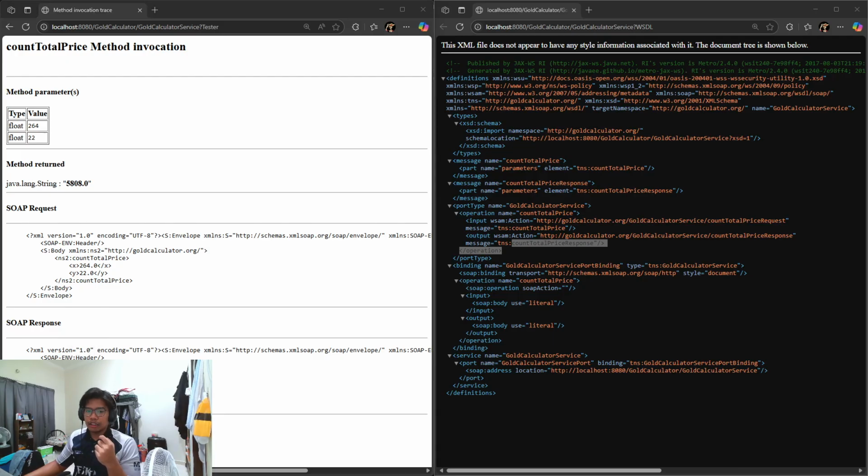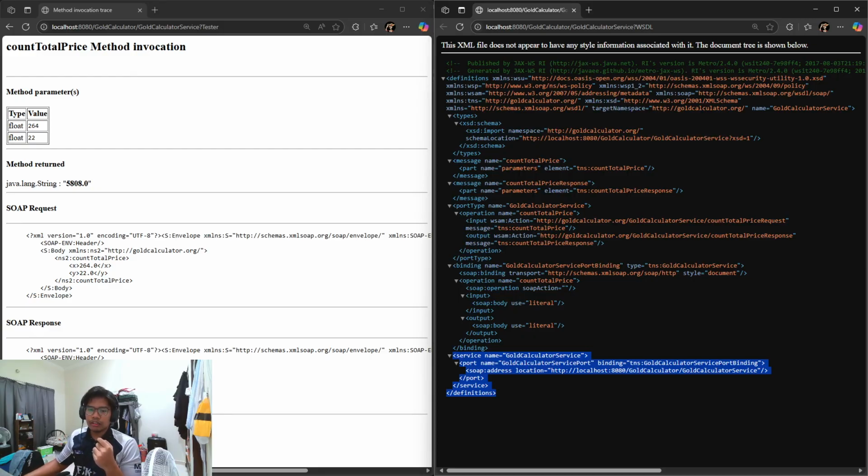And then the binding. The binding, as we talked about earlier, tells us that we are using SOAP over HTTP in a document style, and the service tells us where the service lives, where to send the SOAP request.